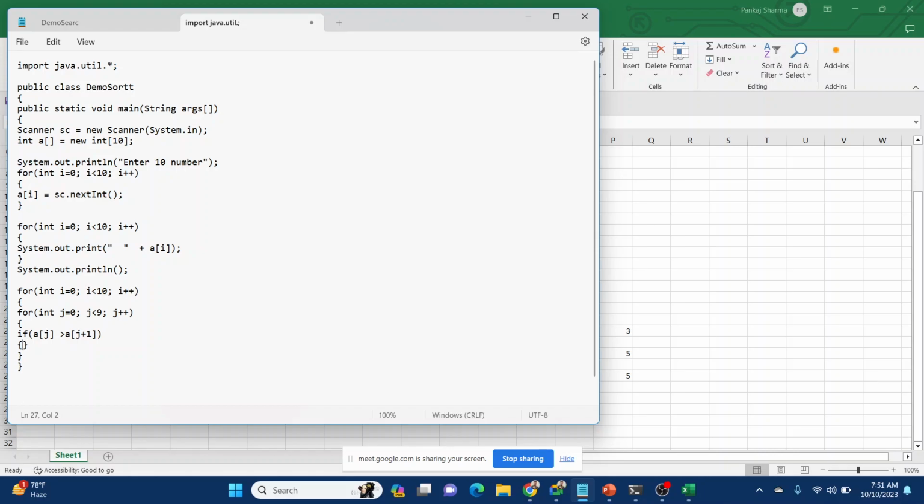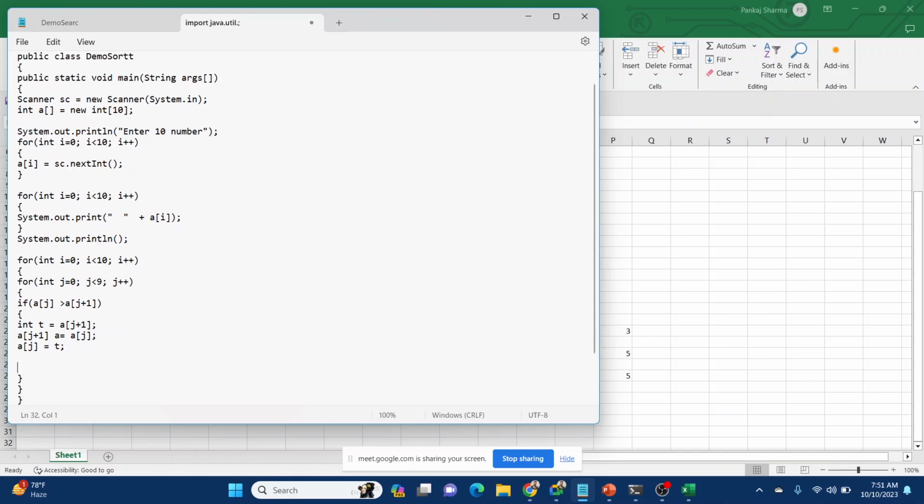So for swapping, int t, we create a third variable. In the third variable we will store a[j+1], and at a[j+1] we will store a[j]'s value, and now at a[j] we will store the temporary number that we stored from a[j+1].